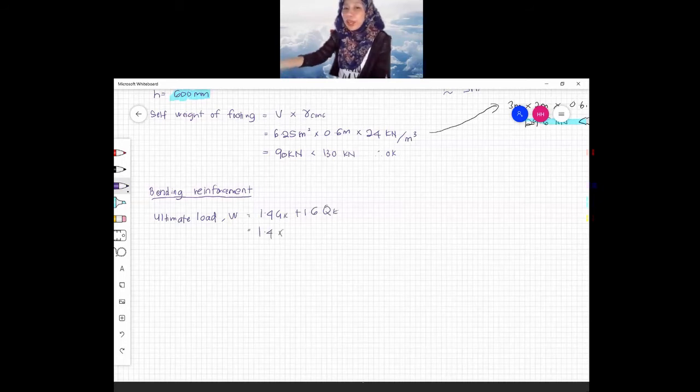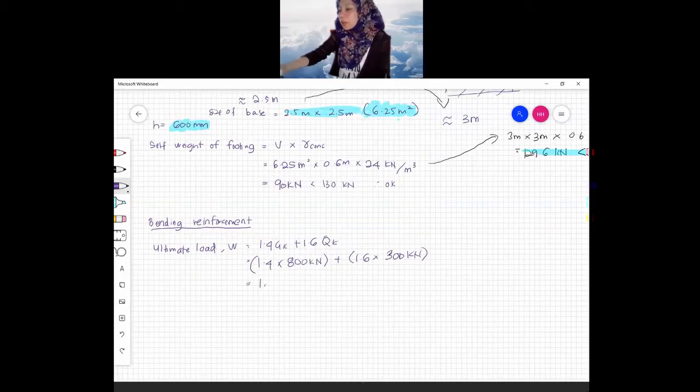So GK we have 800 kilonewton. Okay, kita pakai saja GK. And plus dengan 1.6 QK, which is 300 kilonewton. So here I dapat 1600